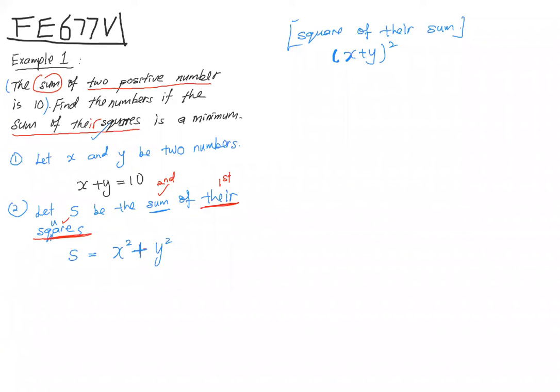Are you okay? Okay. So now we want to write our sum of their square as a variable S. But now you have two variables, that is x and y. So you have to remember that you have to write the sum as one variable, depending on x or depending on y. So you can choose. Now I choose to depend on x. So in this case, I have to replace the y with x. So from this part, you can write y equal to